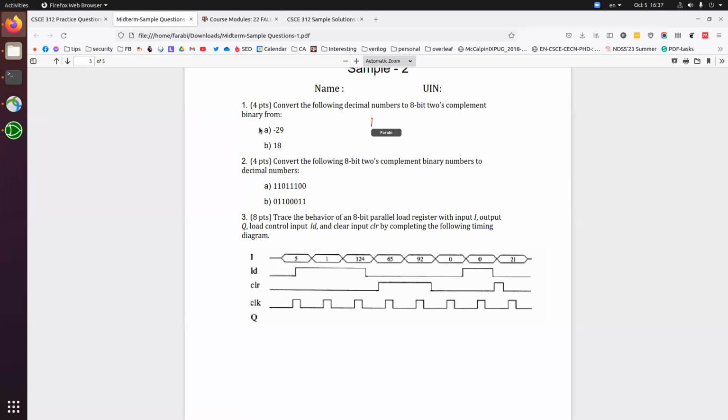And then let me make it correct. So I'll just use 11101. That's 29. So this is the question. So binary 29 is 11101. And then if we want to get the 2's complement of this 29, first the one's complement would be